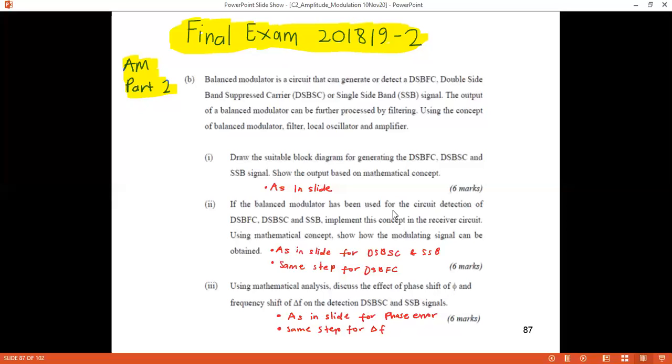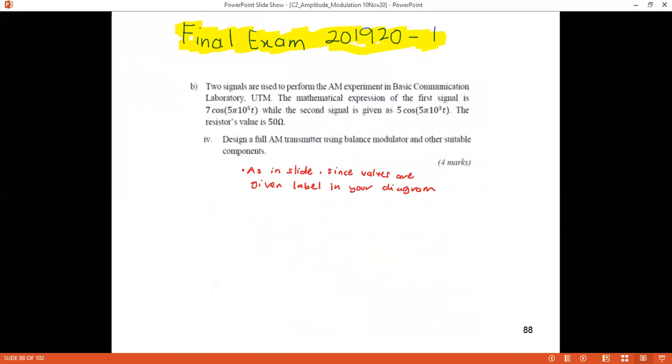So in the next topic, we can sense the importance of detection using a balance modulator, and we can also see the effects of phase shift during detection using a balance modulator. Okay, so these 2 and 3 I'll explain in our next lecture shortly. And then this one,